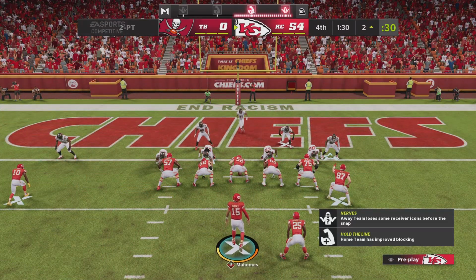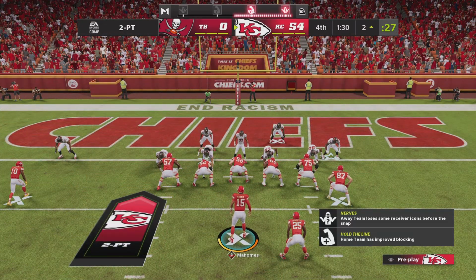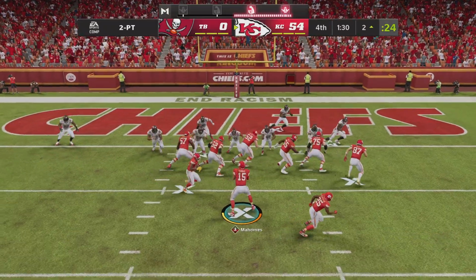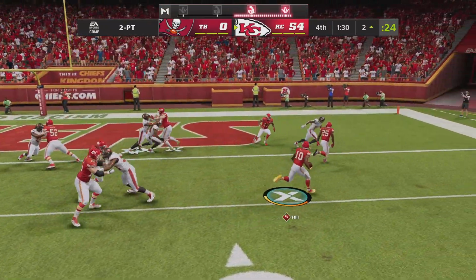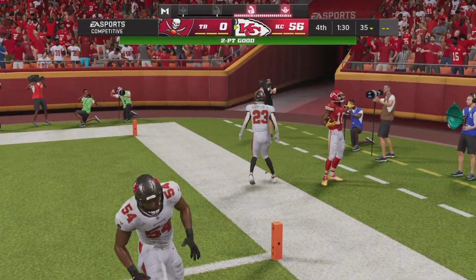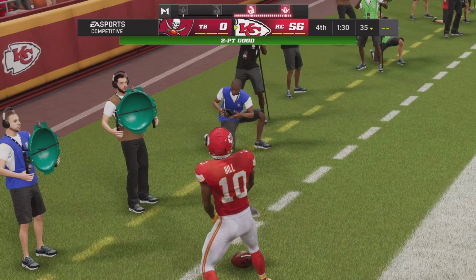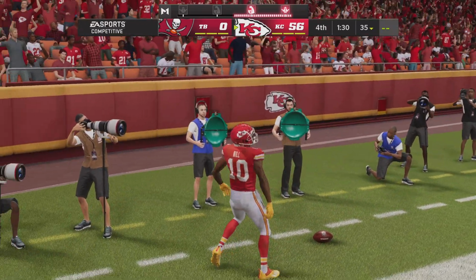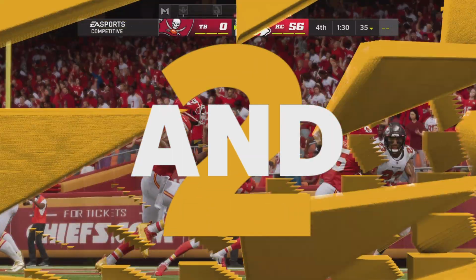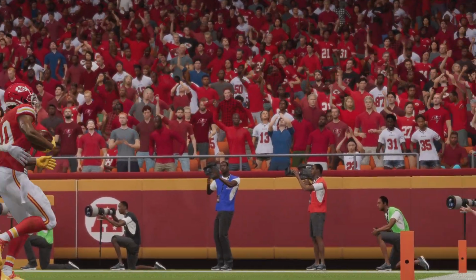Now Mahomes to the line as the Chiefs are going to go for the 2-point try. Mahomes taps this forward. It's a jet sweep. And they're just not going to let up as he is into the end zone here for 2 more. So they go with a pass there on the 2-point try and able to convert it, Charles. And a good job by the offense figuring out their 2-point play and using it well.